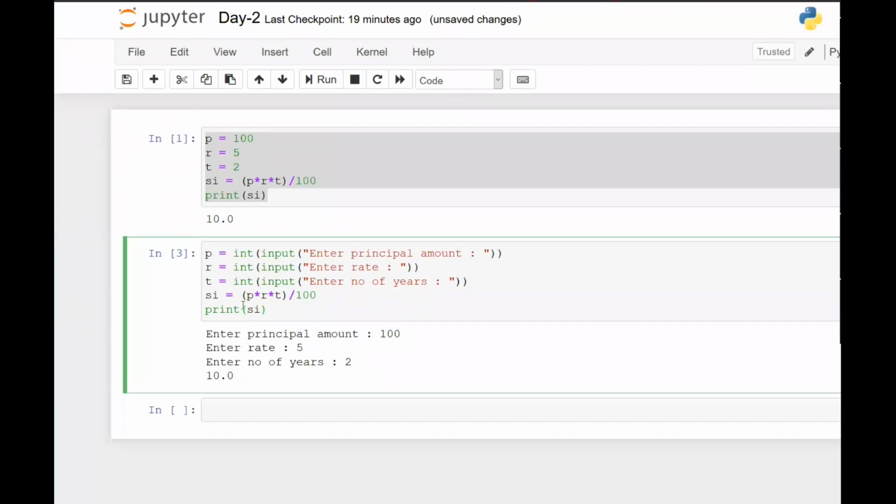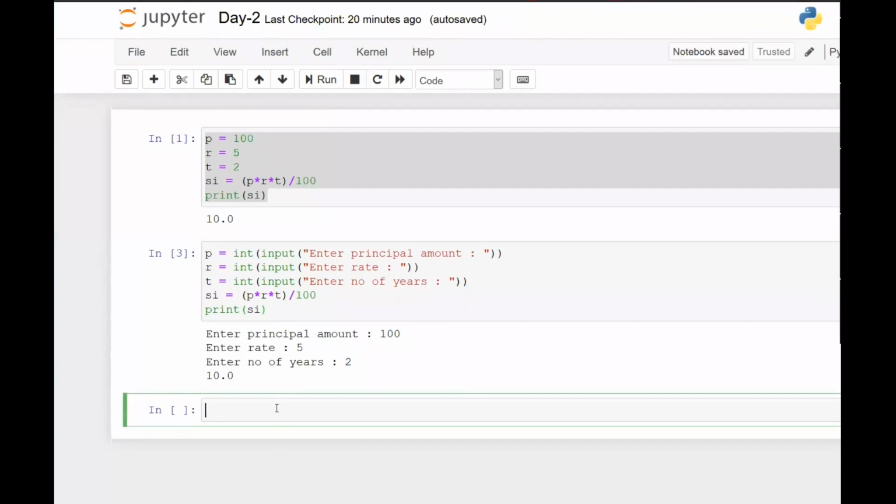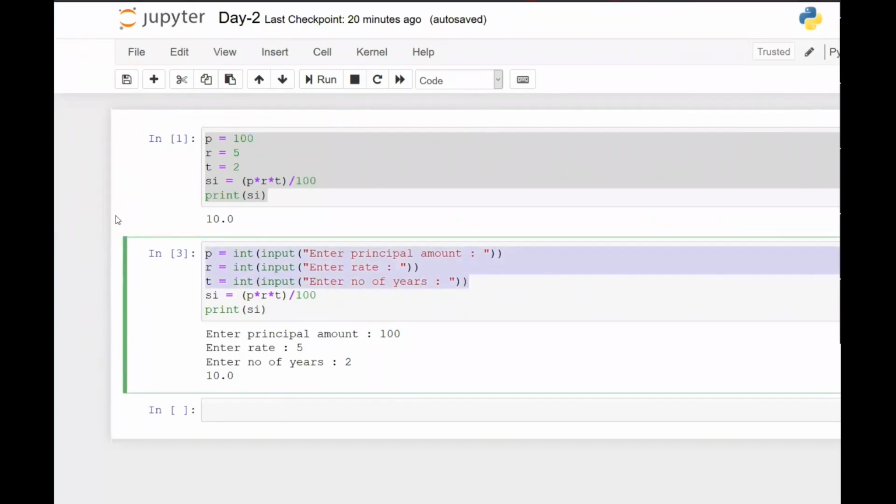if you think I need to handle some kind of exceptions, as in let's say if the user is entering principal amount equals to 0 or negative number, that is not right. So you can handle that through if then else. Rate is 0 or negative, not right. Time is negative, not correct. So you can handle that. How you can do that? Simple if then else. So all of these things will remain same.